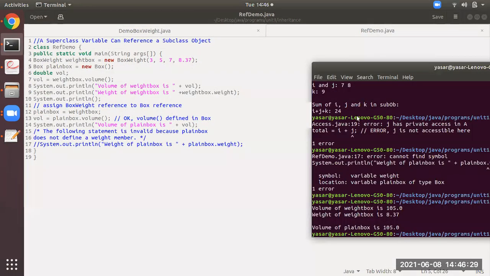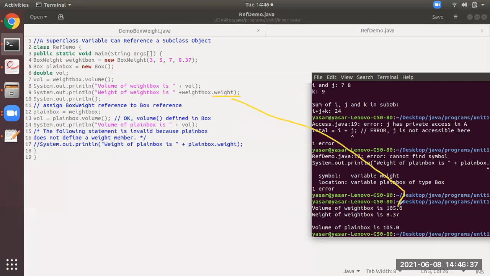So now you see here, this one is 8.37. Then after this is done, now you see plainbox, that is the object of the superclass, is assigned with the object of the child class. So plainbox.volume is invoked and it is displaying the volume.